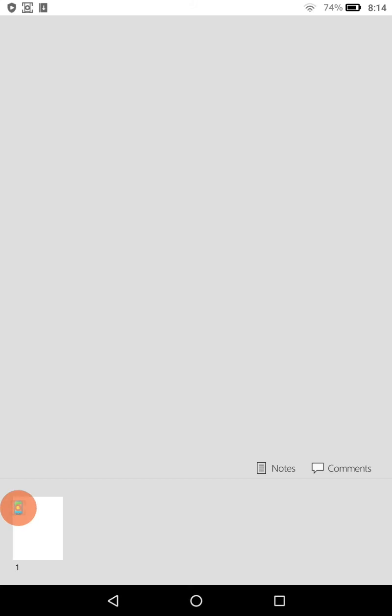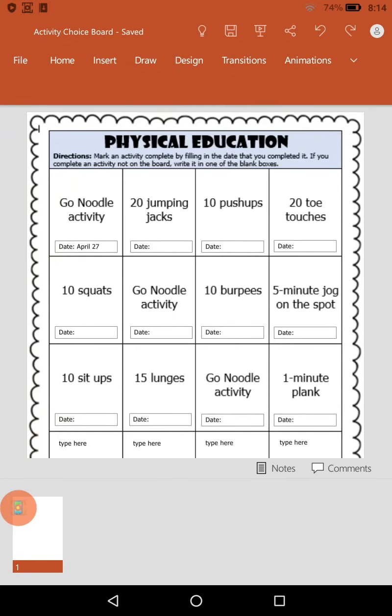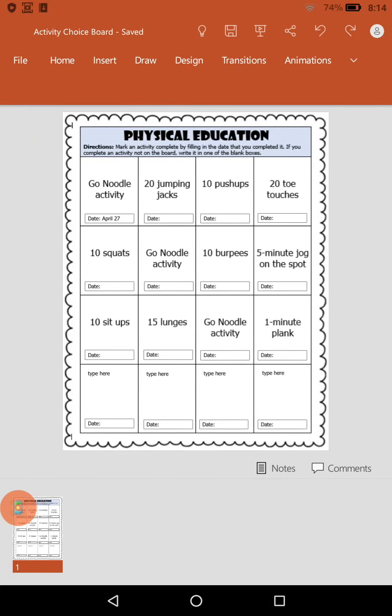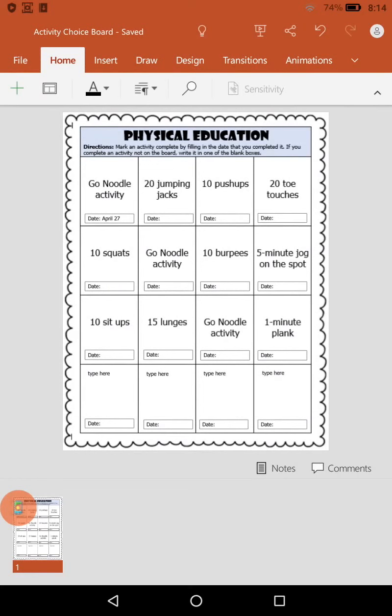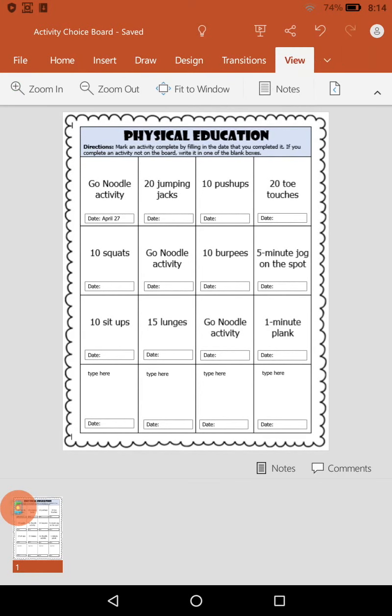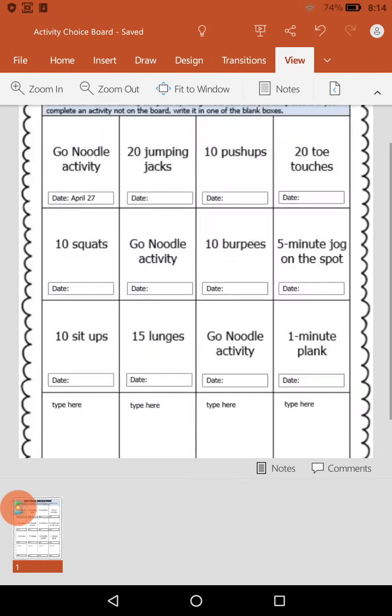Sometimes it can be a little bit slow to open, so you just have to be patient with it. But once it opens up, then you can start making your changes. It does save automatically, so you don't have to worry about that. To zoom in, you use this little button here, click on View, and then you can click on Zoom in